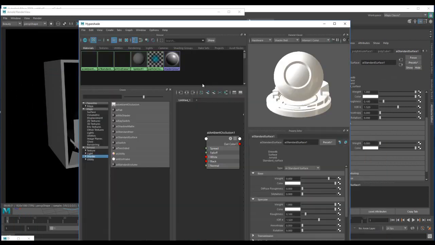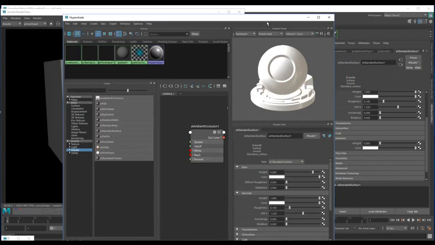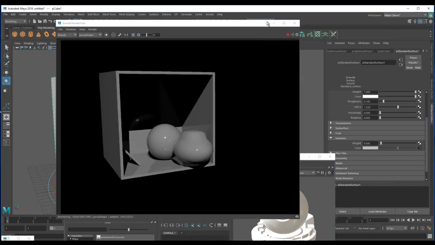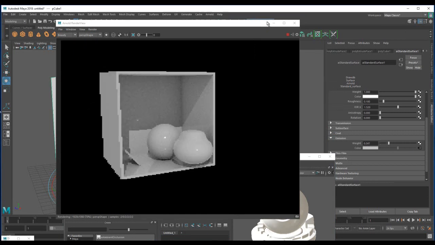All right, so what we're going to do is this. Very, very simple. I have my shader, and I have my ambient occlusion. Right now, the AI standard surface shader is selected. And all I want to do is take this ambient occlusion and simply drag it into the color of my emission. And when I do that, nothing is going to happen because my weight is not turned on yet. But watch what happens as I start to increase that weight. Now, what we're